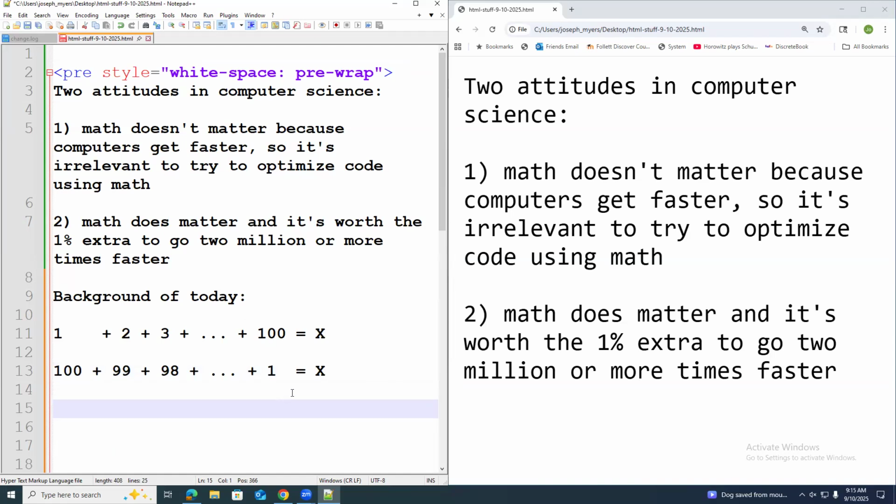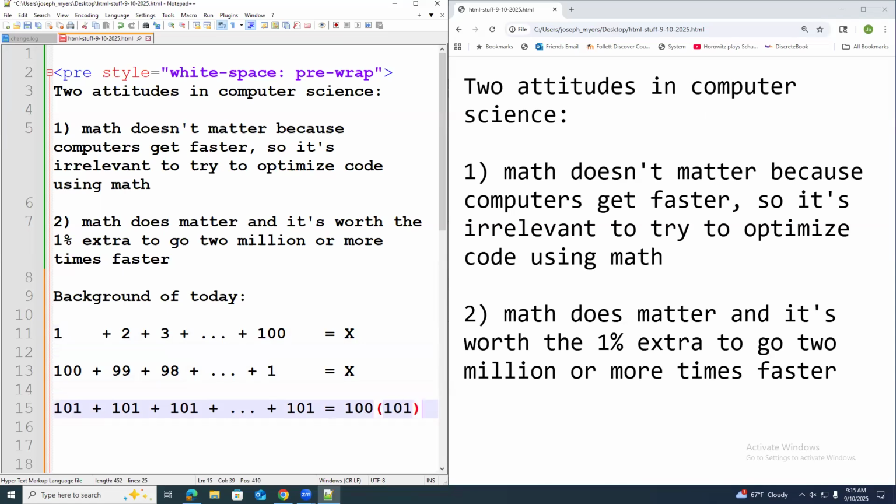100 plus 99. But you notice that every single number adds up to 101 now. That is actually 101 plus, what's 2 plus 99? That's also 101. 3 plus 98 is also 101. And every 100 plus 1 is also 101. Every single term adds up to 101. And who can tell me what 101 added together 100 times would equal? What would it equal?